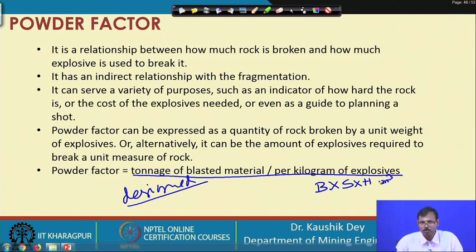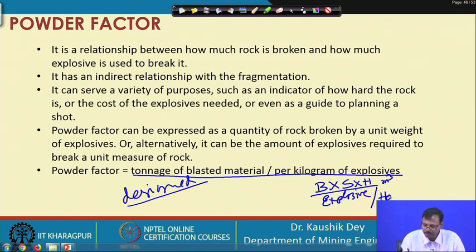It may be converted to tonnage using the specific gravity of the rock material, dividing it by the explosive charged